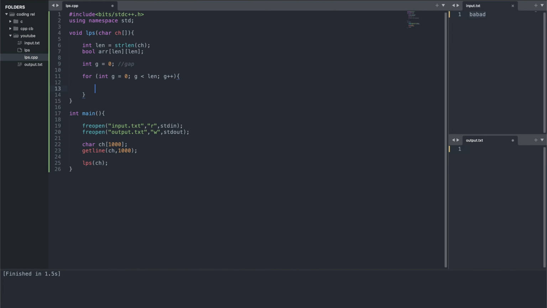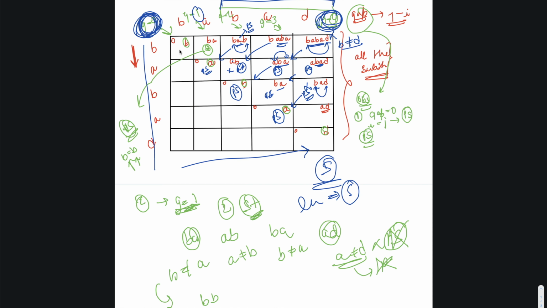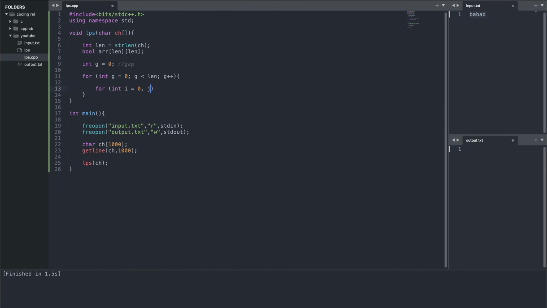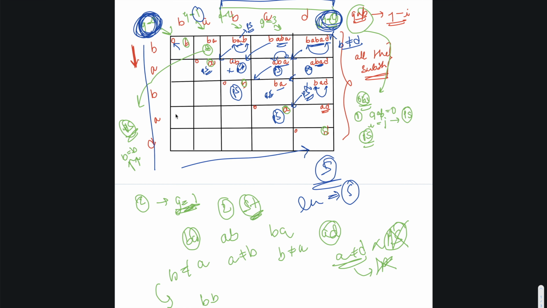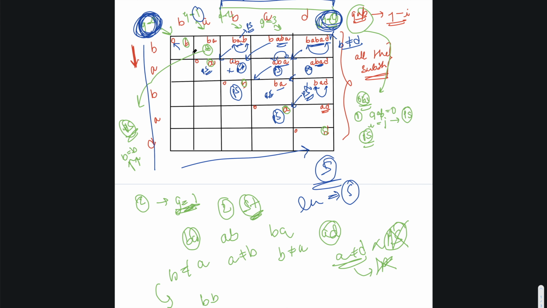Now we will make another nested loop for int i equals 0. So the value of i is 0 and the value of j is g, because whenever we complete this diagonal, we increase the j, but i remains the same always. i is equal to 0 always.